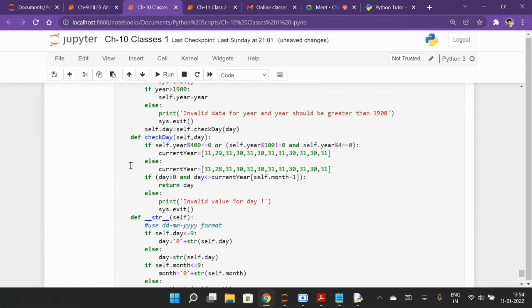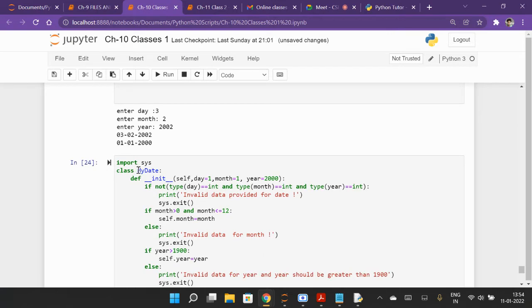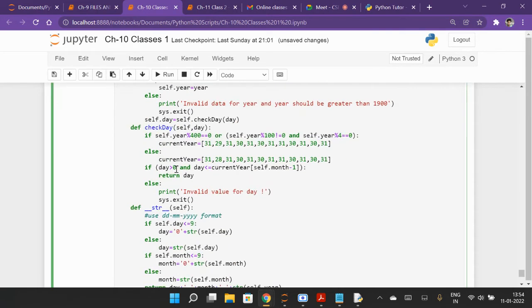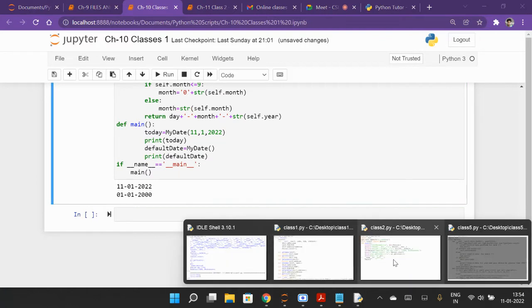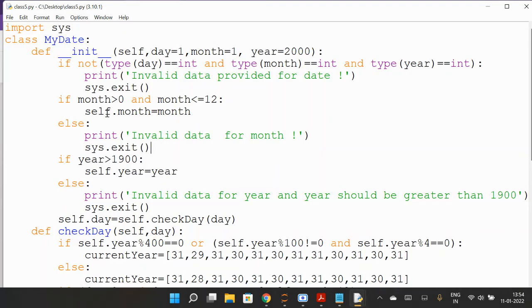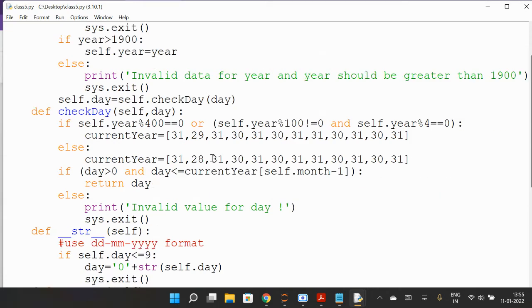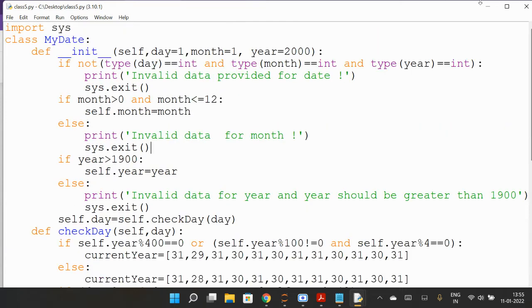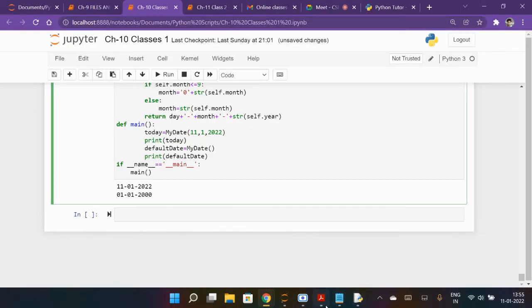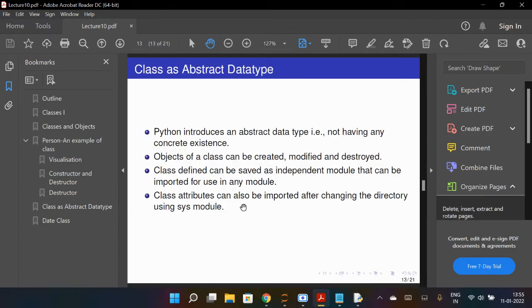So this is what we have created here, the class MyDate, and it will be used. I showed this program because it is part of this chapter. It showed you we can create a class like this, and we are printing the date, the default date, here. The point with respect to this PPT is what I want to convey now.